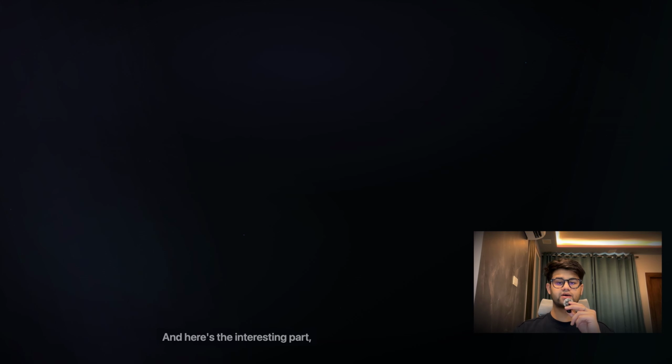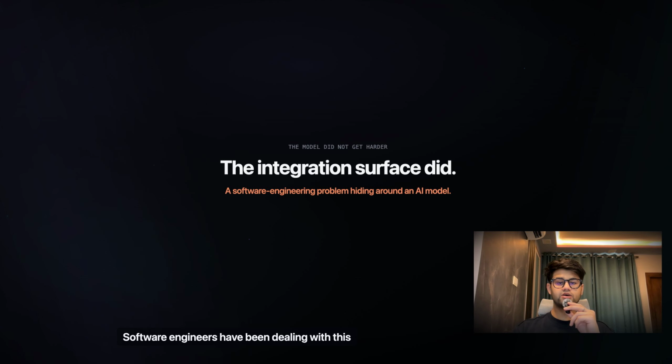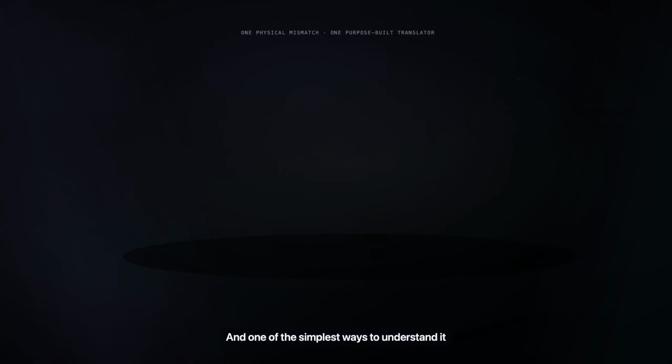So now your AI application has to understand all of these different systems. And here's the interesting part. This isn't really an AI problem. Software engineers have been dealing with this problem for decades. And one of the simplest ways to understand it is with something you may have already seen in software design,